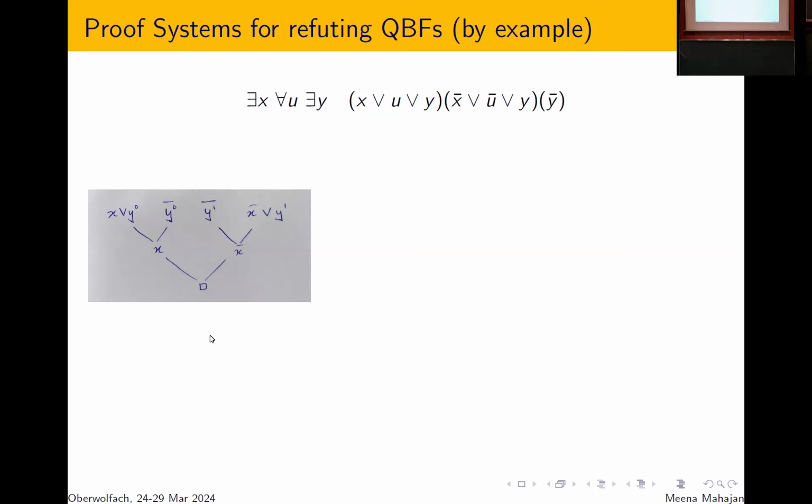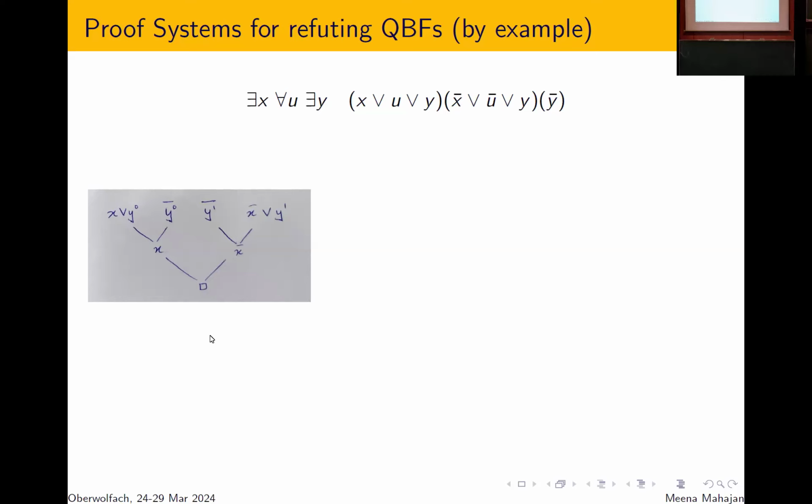So when I completely eliminate the universal variable, then the existential variable which comes after it is going to have multiple copies corresponding to these different settings. And then after that, I have a purely propositional formula. So I have a propositional formula which has the X variable, the Y variable corresponding to U equals 0, and the Y variable corresponding to U equals 1. And I have copies of those clauses, one for 0, one for 1. And here in this example, I have used 4 of the resulting 6 clauses, and I have an ordinary resolution.